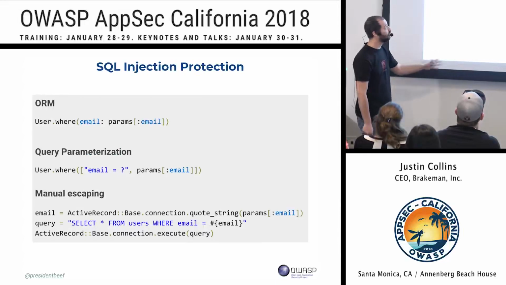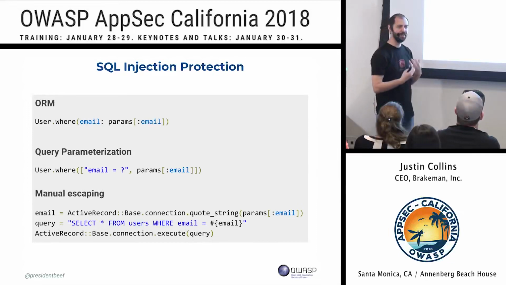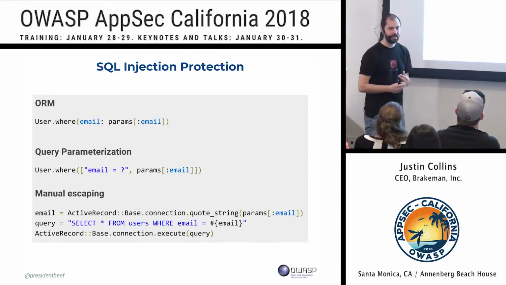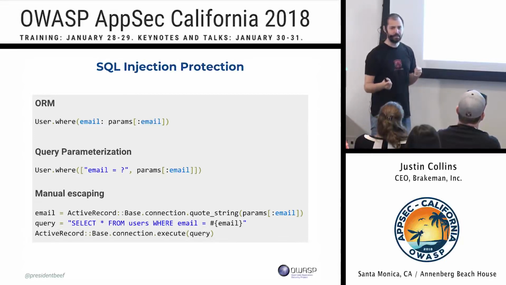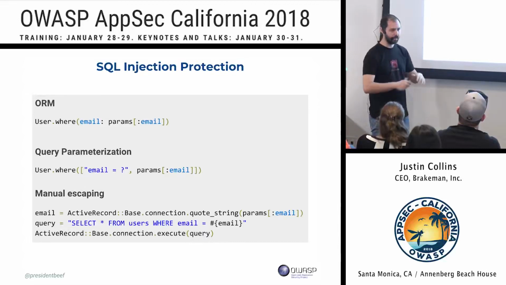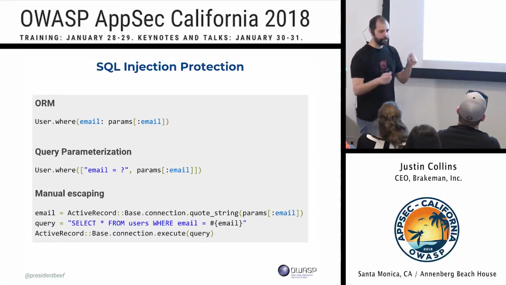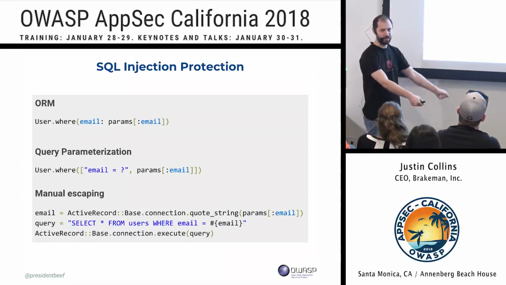What are the suggestions for preventing SQL injection? You could use an ORM, and if the ORM is good, it should help you avoid SQL injection. However, first of all, you have to have the object mapping, and not all applications make sense to have an object mapping. Not all queries make sense to have an object mapping. And at some point, developers are going to want to write a normal SQL query that doesn't have this mapping. So even if you use an ORM, there's probably going to be a method somewhere where you can just shove in some SQL.